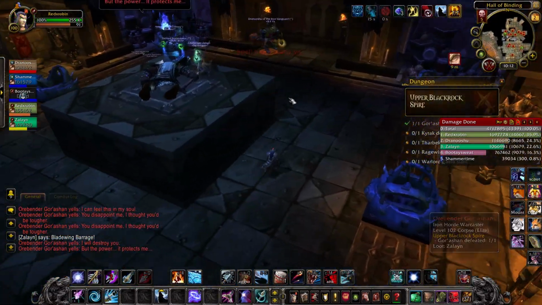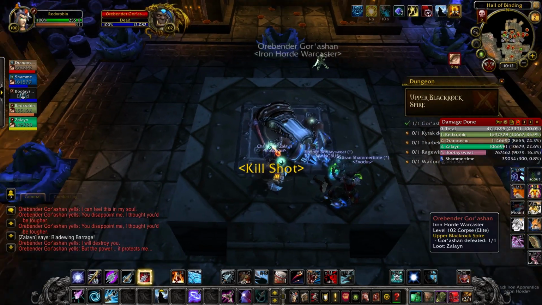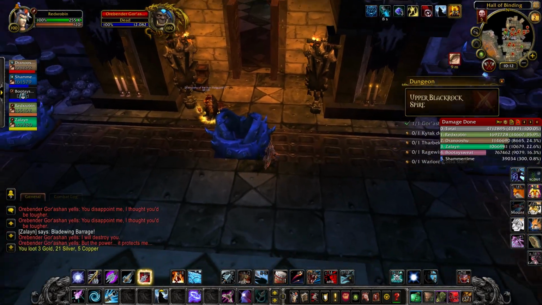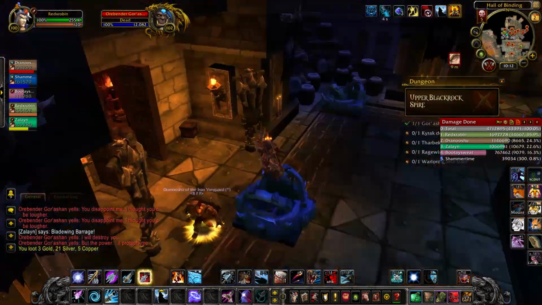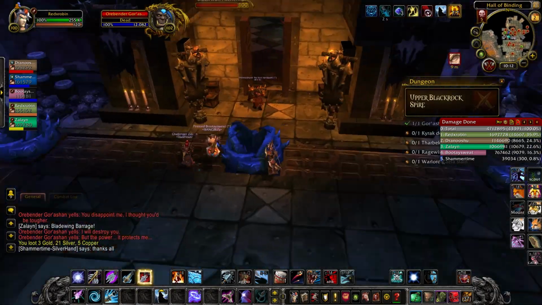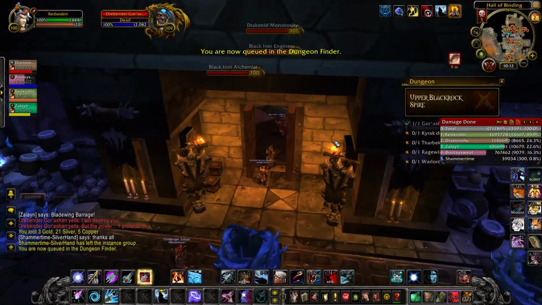And alright, only 1 death. That's actually pretty good. Usually you need to battle res 1 or 2 people because people get insta-gibbed. And on the following set of trash, if you have somebody who can dispel, please do so, because these alchemists...